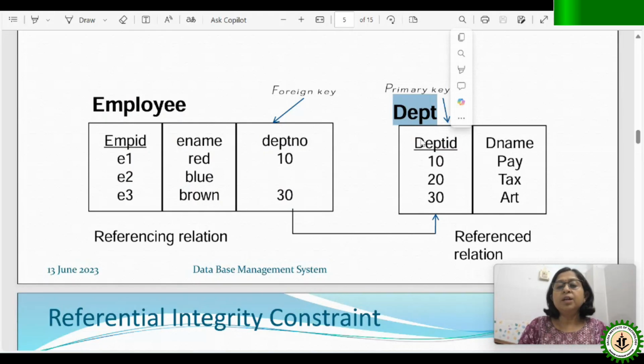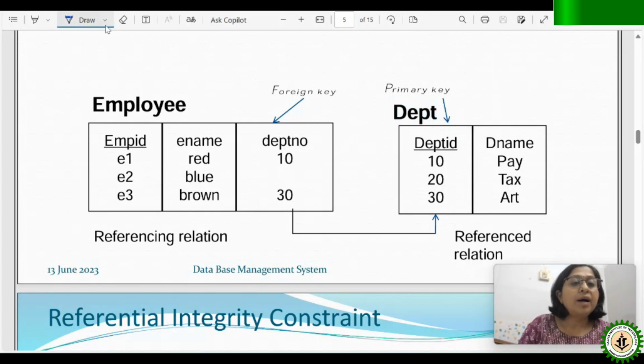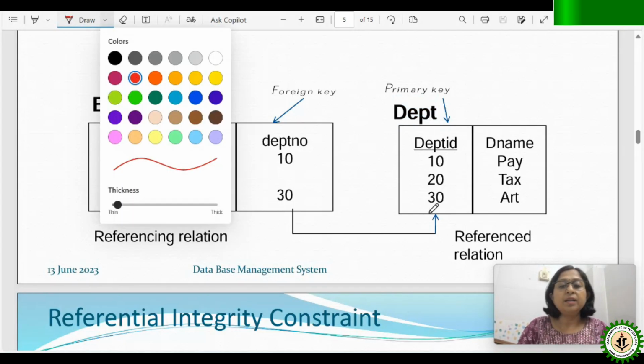So in this table, if you look at these attributes, department ID and department name, obviously you will agree with me that department ID is a primary key. That means all the values are unique and all the values are not null. In no case are we writing a null value over here. And in this case, D name is unique. No two departments should have the same name, right? So in this case, it is unique. So I think you have understood where we can say it is a primary key and where we can say unique. So I think it would not be any trouble for you.